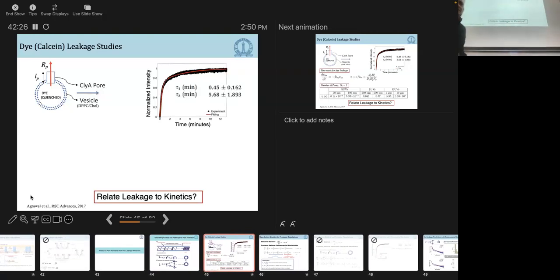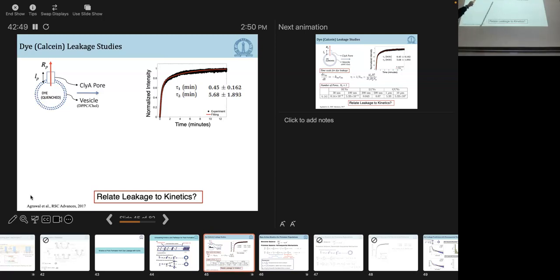So you can run these experiments with small unilamellar vesicles. These are 100 nanometers, so the curvature is large because the pore itself is on the order of 10 nanometers. So you have a very large curved surface, and there are barriers to forming pores in these highly curved surfaces. But nevertheless, we look at the leakage data, and it's on the order of